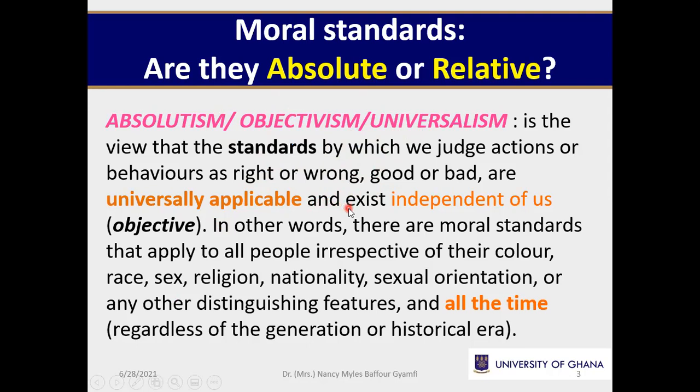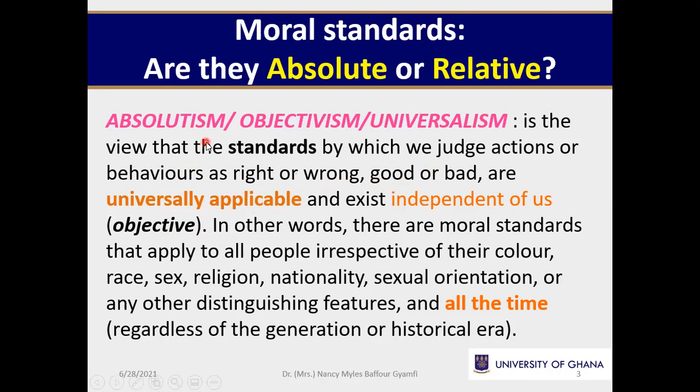That's what we mean when we say they are objective. My special students will be listening in. I want to read that again. I'm saying that there's a certain view about our ethical claims, our moral standards. And what is that view? The view is that moral standards, ethical standards, by which we judge actions to be right or wrong, good or bad, those standards are universally applicable. They are not dependent on any specific context. If it is right, it is right universally. If it is wrong, it is wrong universally and objectively.